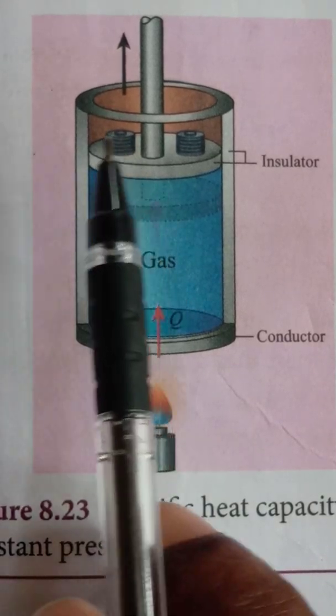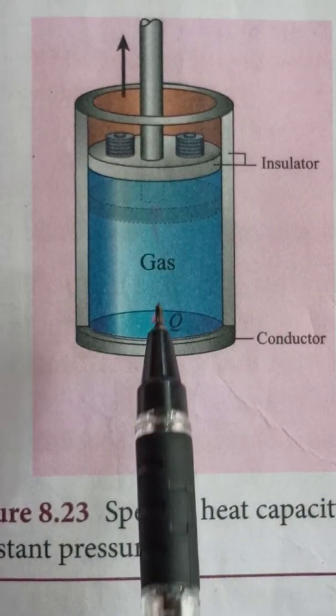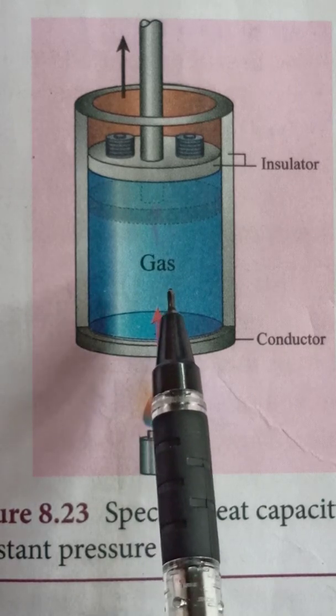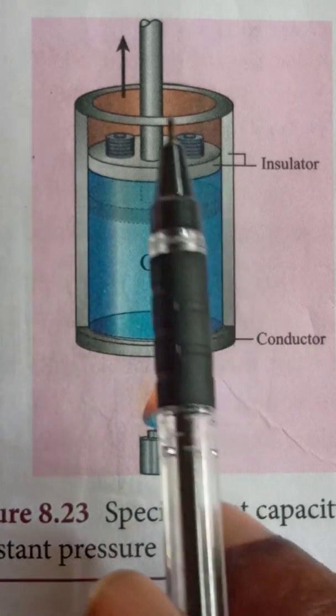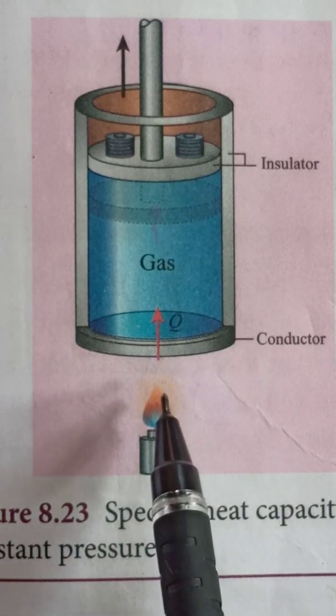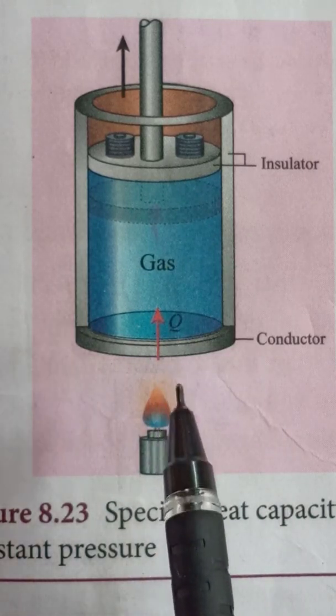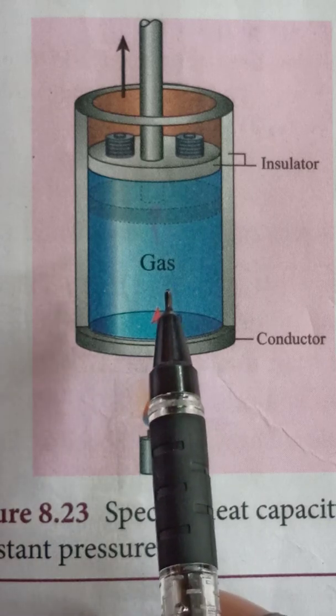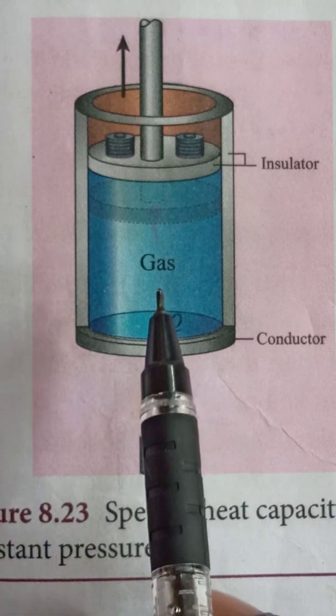Okay. So this is a cylinder. It's a gas taken in the container. This is an ideal gas. A piston is attached here. This is a movable piston. While heating, what will happen? The temperature of the gas will be increased so that its volume will expand. So volume will be increased.